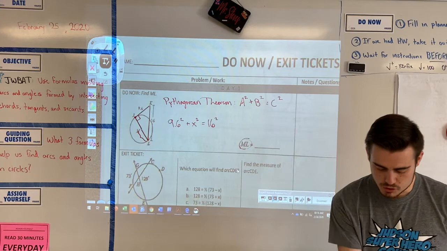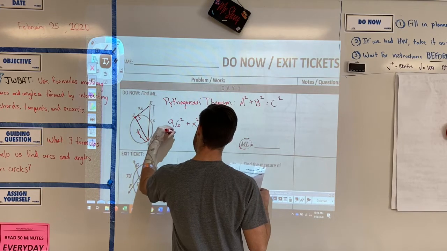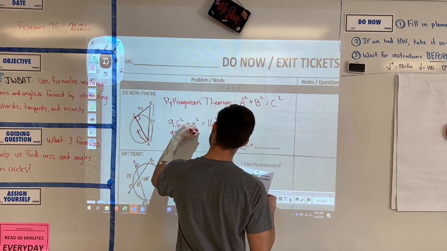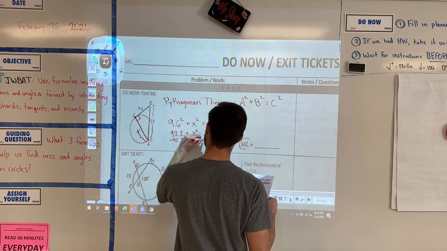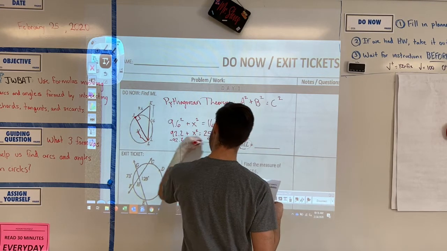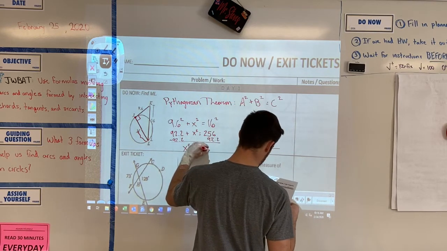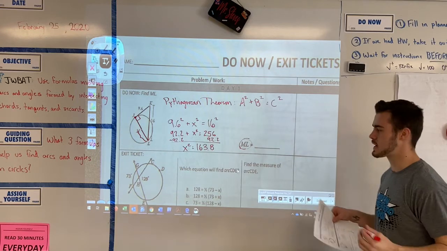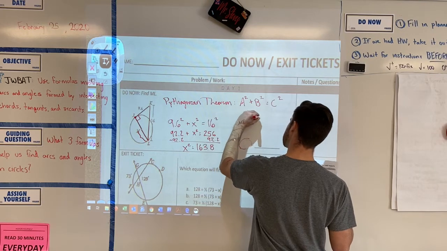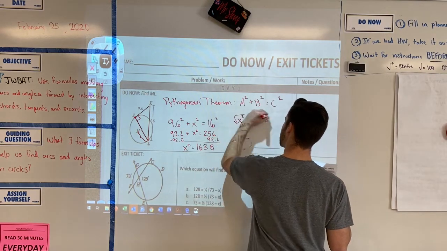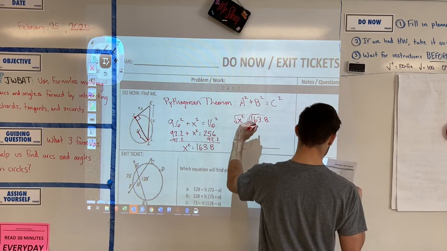So I'm going to do my squares and simplify this. This is going to give me 92.2 plus X squared equals 256. Subtract 92.2 from both sides. And this is going to give me X squared equals 163.8. You're going to be looking at my back a lot, so just be ready for that. So now I'm going to take my X squared equals 163.8. Have to take the square root of both sides, and wrong side of the equal sign there, but this gives me X equals